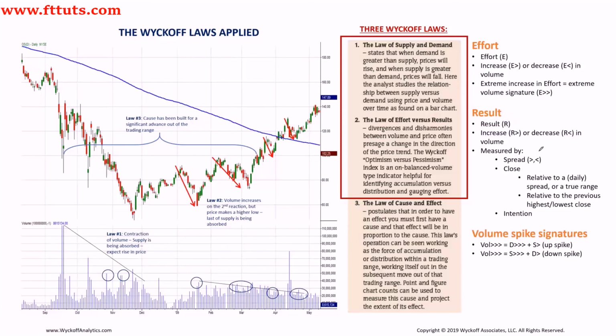So I've developed specific measurements, and those are just for our WTC course. I want us to look into the increase or the decrease of a spread or a true range, and we'll talk about this in the next class. We're also going to look into the close, and we will be thinking about two ways of how to address the close. And the question from Nilesh was previously about how would the close or the closes influence our interpretation of the result. So we will look into the close from two perspectives: relative to the daily spread, or a true range, right? So we would be looking at how do we close relative to